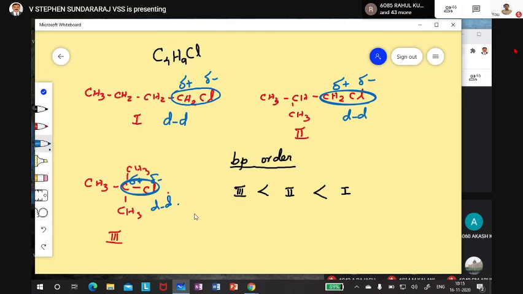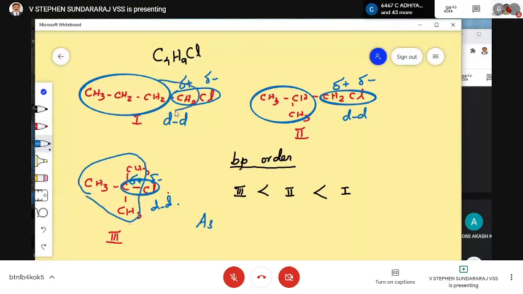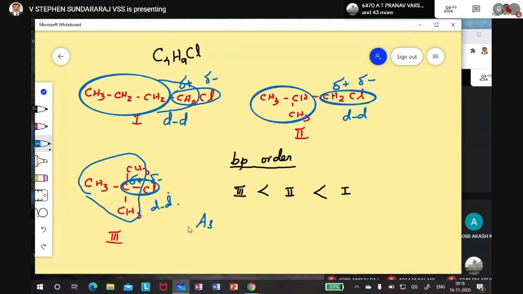So remember, just write down the concept. This is not new. I have already given it in class 11 for hydrocarbons, the same concept. Write down one more point regarding the interaction. The difference is only the hydrocarbon part. The C-Cl bond dipole is there everywhere. It is only a matter of the hydrocarbon part. So just write down the concept, and those who gave another answer, you will understand now that this order is the correct answer.